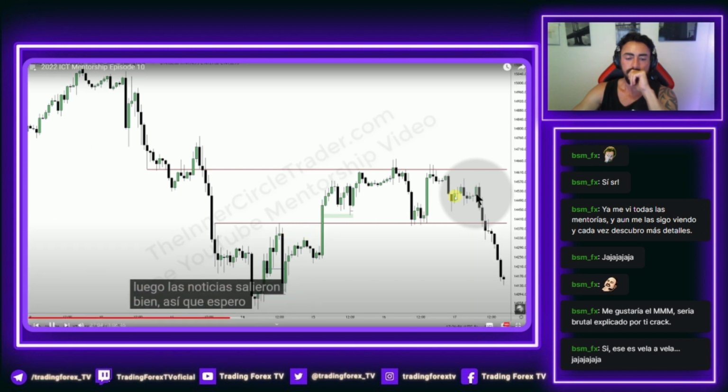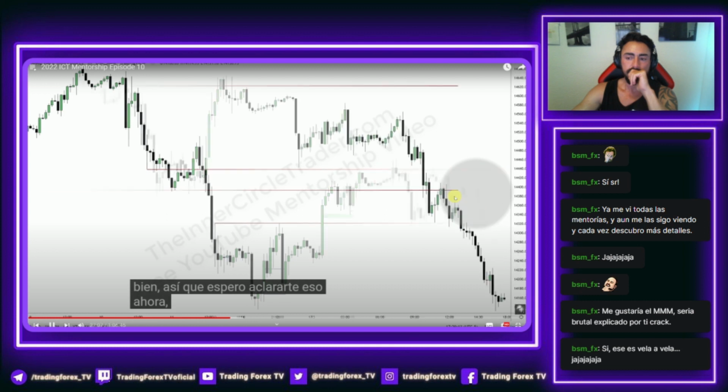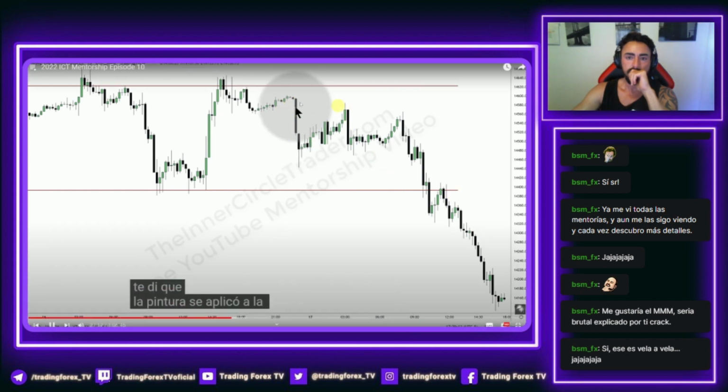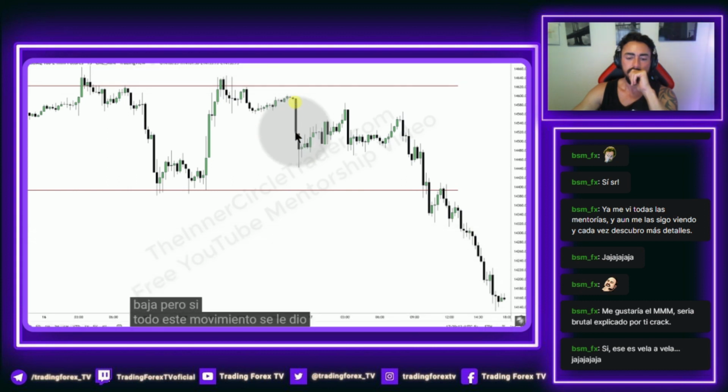Okay, so I'm going to hopefully clear that up for you now. All right, 15-minute time frame. I'm going to take a look at this imbalance here. We rode up into that, rebalancing all this movement down. Remember that paint roller analogy I gave you? The paint was applied to the wall going down, but if all this movement was given to that one single